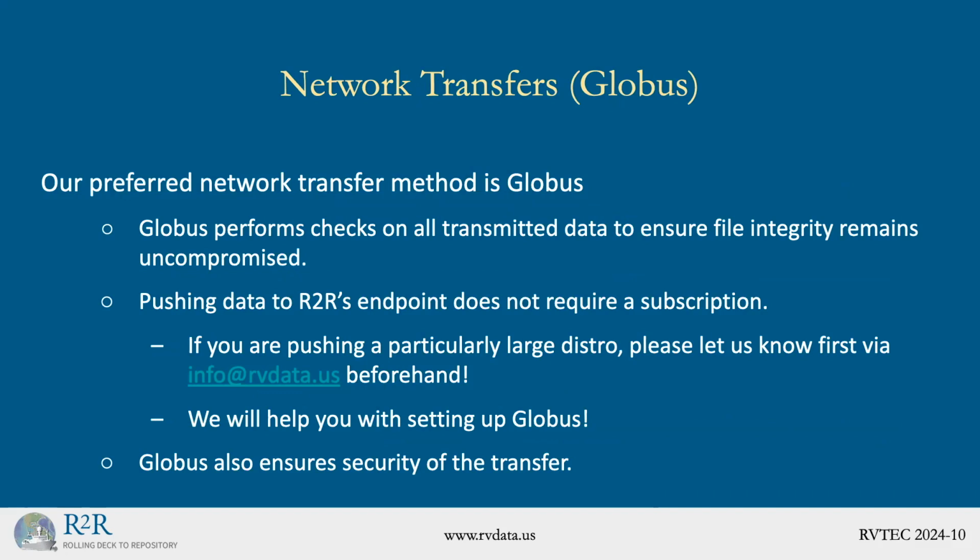We want to really move away from physical hard drives. Physical hard drives have all kinds of issues. It's much easier for us to see data sent to us over the network instead of over physical disks. The way we're looking to achieve that is with Globus. Globus has a lot of checks that it does on data. There's a security check, there's a file integrity check, and we have a lot of stress relieved when we know that a file was sent and had all of those different systems for checking that bytes weren't lost during the transfer. Globus is also, from our experience, very performant. So we think it's a really suitable tool for achieving that